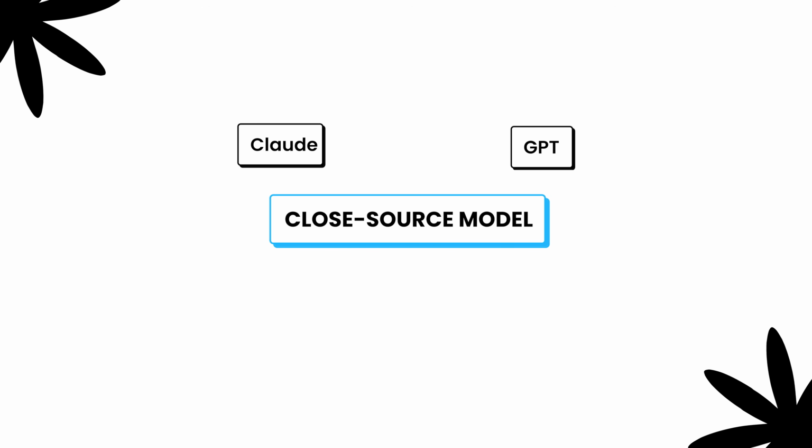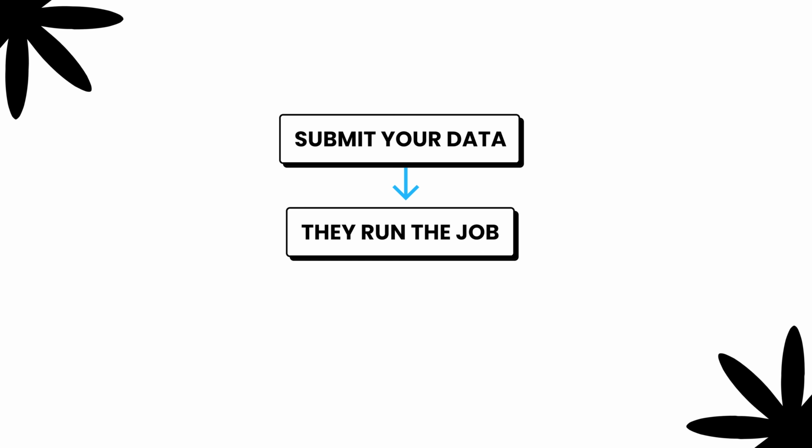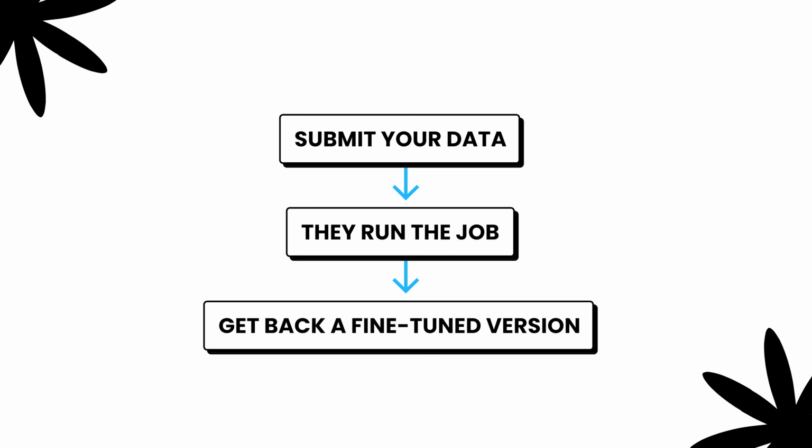Closed source models are a completely different story. So models like Anthropic's Claude models, OpenAI's GPT models and Google's Gemini models are all closed weight. You cannot fine-tune them from your own infrastructure because you do not have access to their weights. If you want to fine-tune a closed source model, you have to use the native fine-tuning service of that provider. OpenAI has a fine-tuning API, Google also has it in Vertex AI, and Anthropic also has its own service. So what you do is submit your data, they run the job on their infrastructure, and you get back a fine-tuned version that you can access through their API. You don't get visibility into how the fine-tuning actually happens under the hood. And that's just the trade-off that you're working with closed source models.